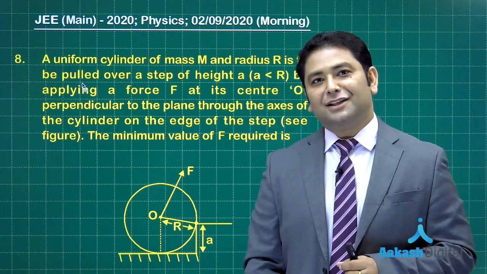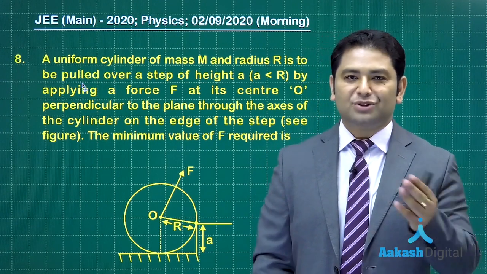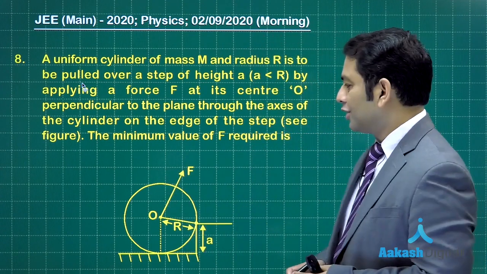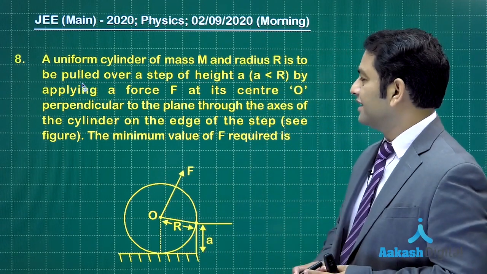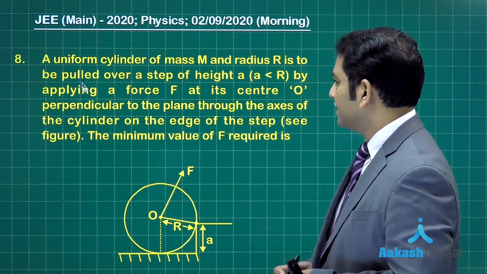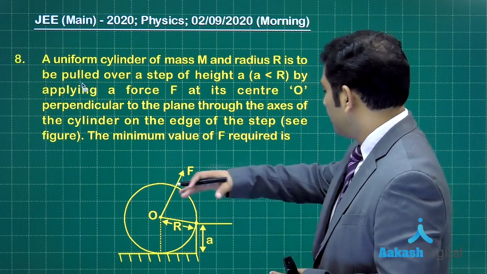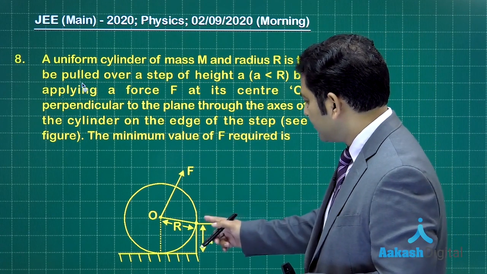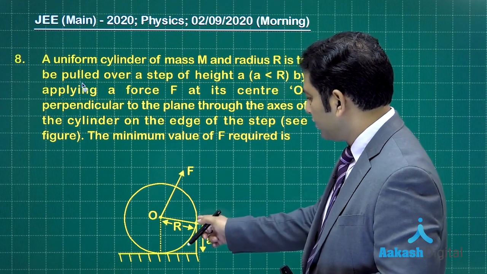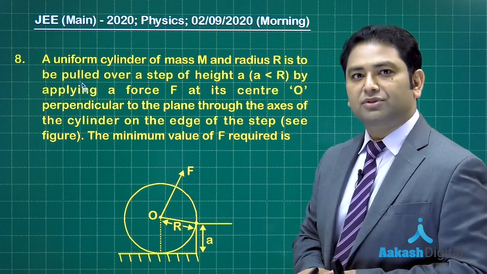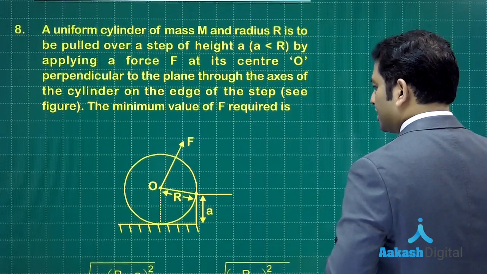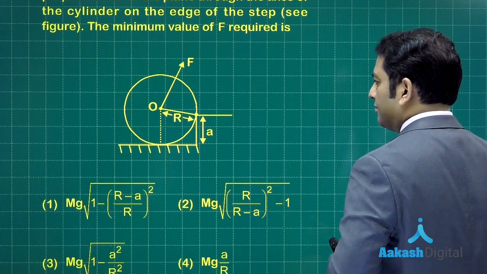Question number 8 is another one from rotational dynamics, and you could say it's a back-to-back second question. Incidentally, it's also about the torque equation. You look here, there is a uniform cylinder of mass m and radius r, and there is a force by which we want to pull the cylinder so that it just rests over the edge. So it would be rotating about this point, and that would be the point through which the axis passes. Let's see again another very straightforward one. But the question says we need to calculate the minimum force.